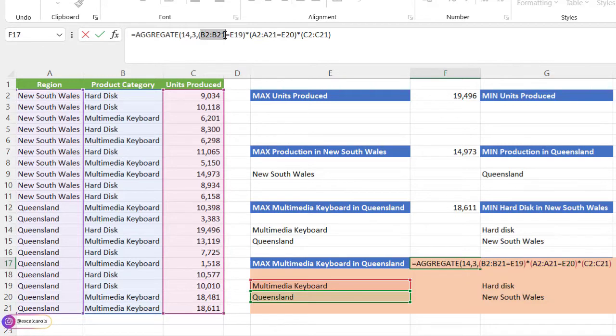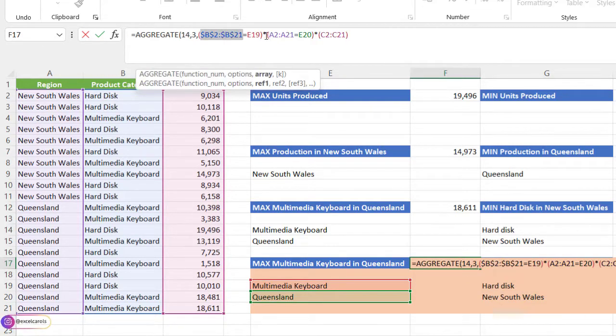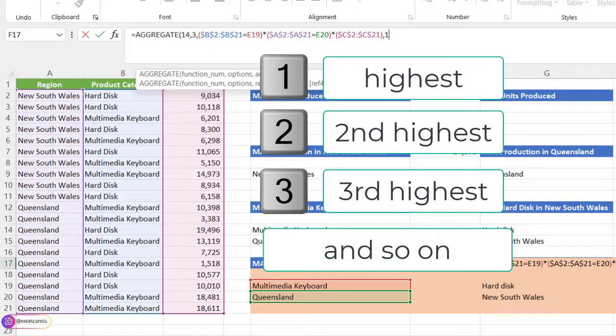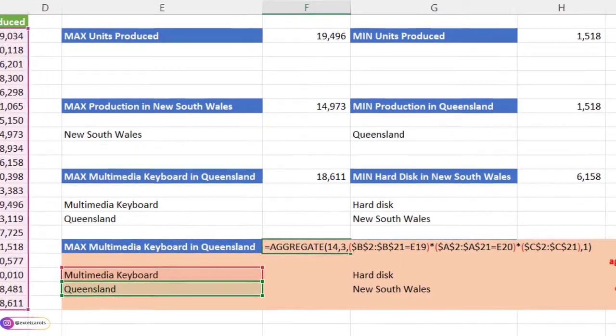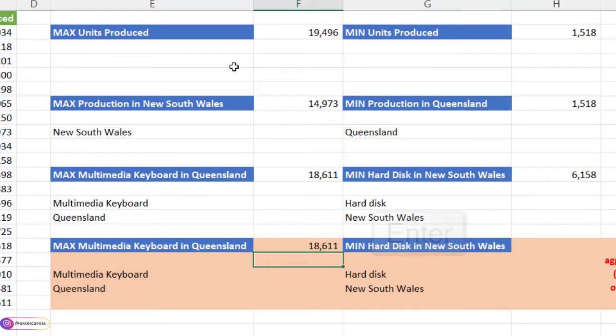Now we will fix the range in order to avoid any kind of mistakes or any kind of discrepancy. Yes, we have fixed the range. Now we have to enter this k argument. This k argument is basically what we want to find. That is, if we want to find the first highest or the second highest or something like that. So if we press 1, it denotes first highest. If you want to find the second highest, you can press 2, 3 and so on. Close the bracket, press enter and see we have